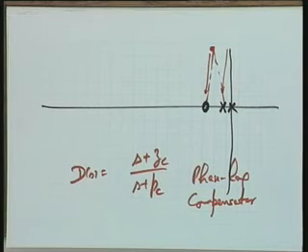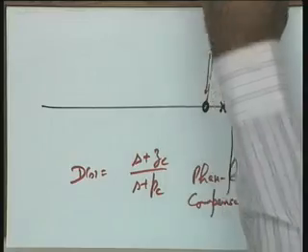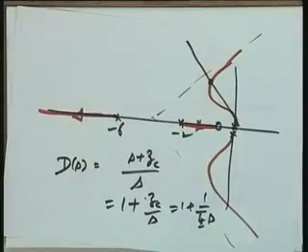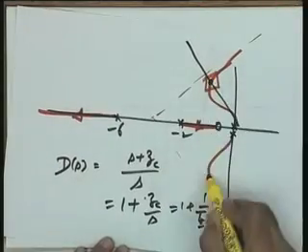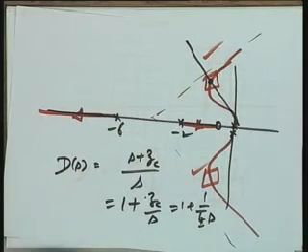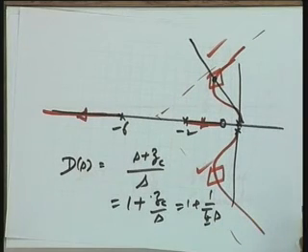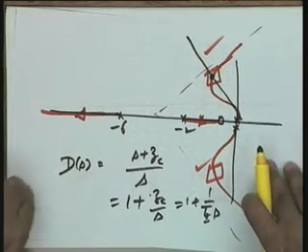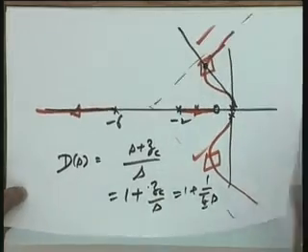Sir, about dominance. If the two poles were at the origin, they will always dominate. No, you see, the dominance is not with respect to these two poles. Now, these are the closed loop poles. You have to see dominance with respect to the closed loop poles. These are the open loop poles. They lost their meaning once the loop has been closed. Okay, the dominance has to be seen with respect to closed loop poles only.